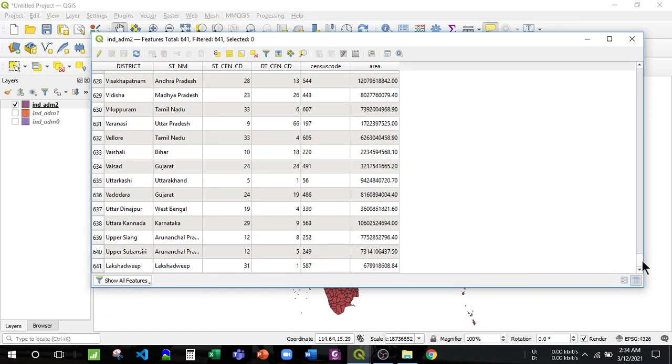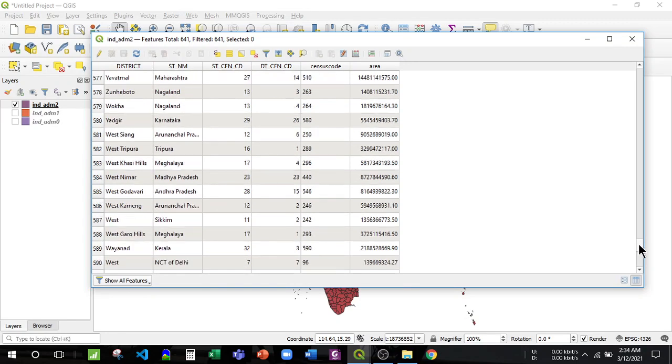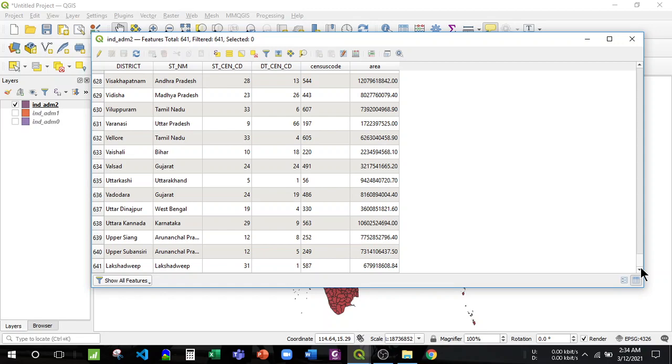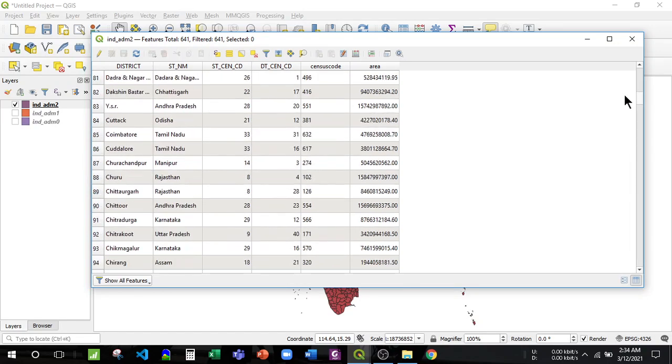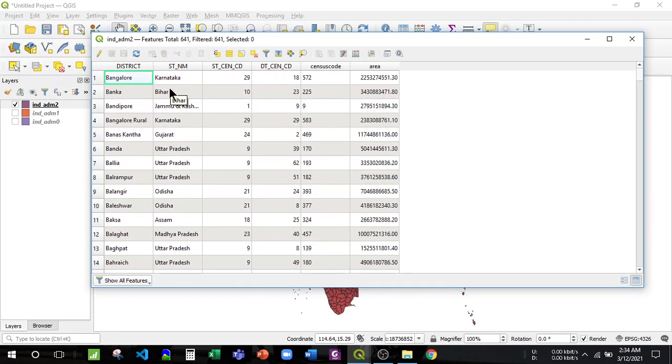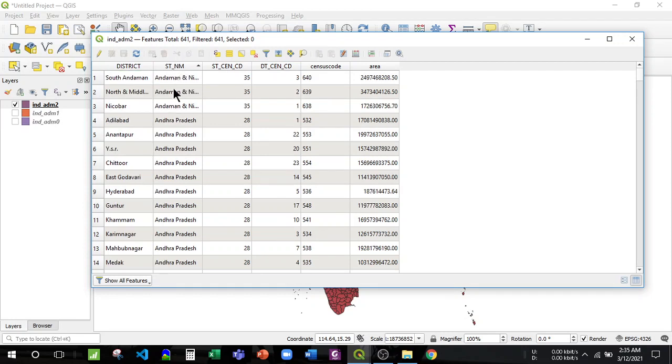Recently it is something around 740 or 760, but in this shapefile 641 are available. If you have to arrange the districts state wise, all you have to do is click over here. See, it will automatically arrange them on the basis of state.